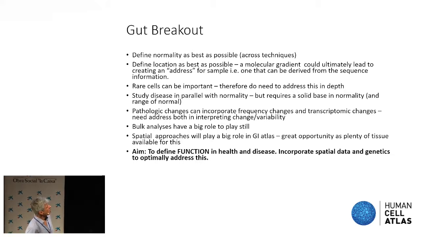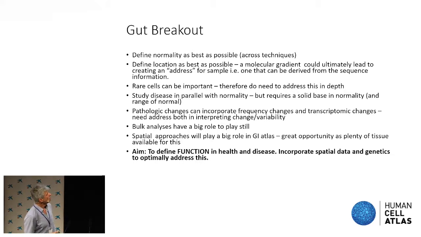So this point was made that in pathology you might get frequency changes or transcriptomic changes within a population or both, and we need to just think about both when you're interpreting change. Is it frequency or transcriptomics? If I think made the point, you might want to elaborate on that. Bulk analyses, we'll agree, have a big role to play. They're relatively routinely done and will anchor all of this, especially these issues about normality and